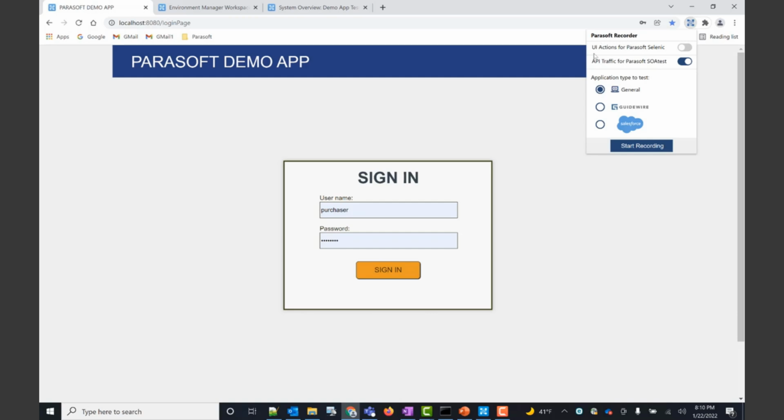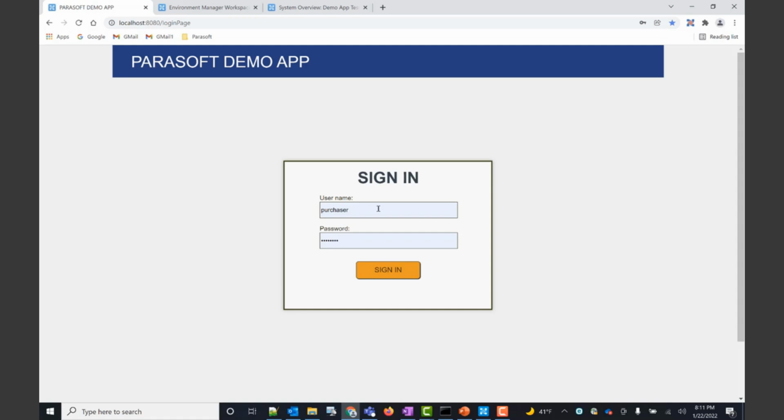We have the ability to record UI actions in order to generate Selenium tests using Selenic, or we can record API traffic for generating API tests using SOATest. And so that's the option I have selected. And now I just want to hit start recording. And so once the recording begins, we're ready to begin our test.